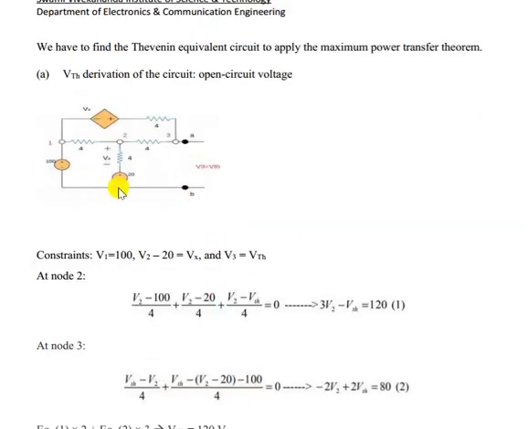Now what we can see, if we apply nodal voltage, V1, this one is the difference, so V1 is 10 volt, and V2 minus 20 equals Vx. This is plus minus, this is V2 and this node is 20, so V2 minus 20 equals Vx, and V3 is nothing but Vth. So if we apply nodal KCL at, say, node 2, we can write V2 minus 10, 100 divided by 4, then V2 minus 20 divided by 4, V2 minus Vth divided by 4. We will get one equation.